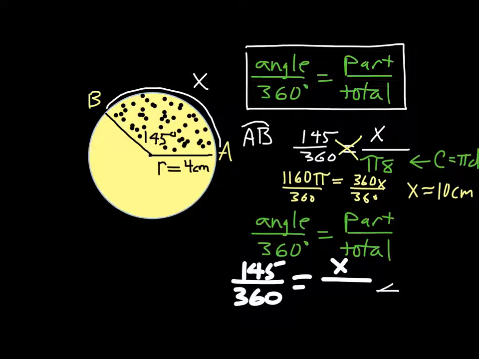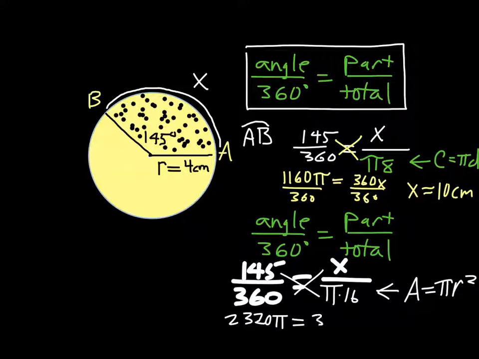Instead of doing circumference equals pi times the diameter, I'm after the area, or how much space is inside. And the total area inside would be pi r squared. For a radius of 4, 4 squared would be 16. So I'm going to use pi times 16 here. Cross multiplying again would get you 16 times 145, which is 2320, times pi equals 360x. Dividing by 360